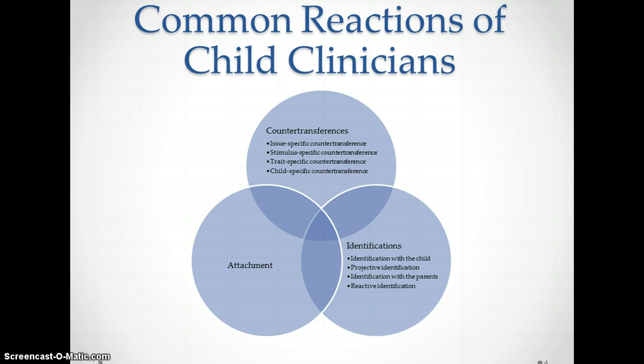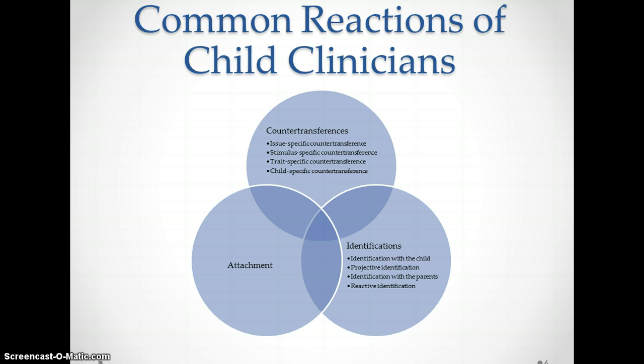Trait-specific countertransference indicates that the counselor is responding to a certain aspect or trait of the child. This response is the same response that the counselor would project regardless of their circumstances. Maybe the counselor is an atheist and responds negatively when people talk about God or want to pray. If a client, particularly a child, had a need to talk about God and the counselor reacted in a negative way, this might impact treatment.